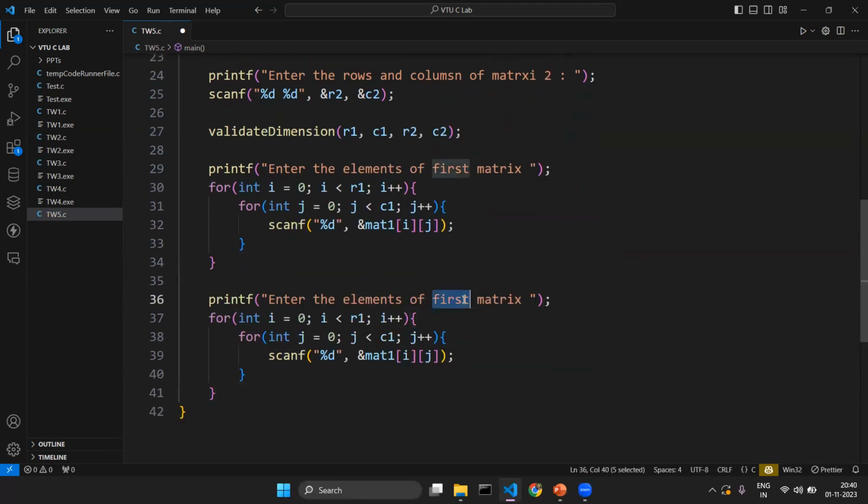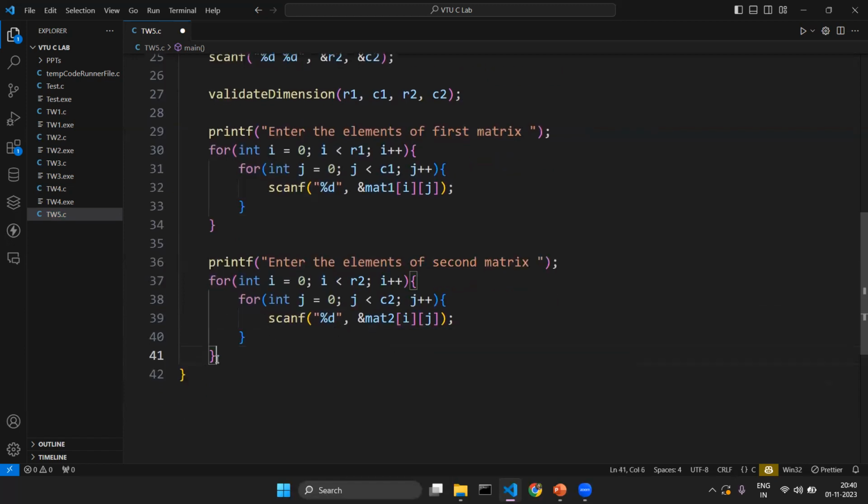Similar way we are doing for second matrix. I am just changing the required data. Here we will be storing it in the matrix 2, and here the upper limits are R2 and C2, which stands for rows and columns of the second matrix respectively. Once we read the data, next job is to